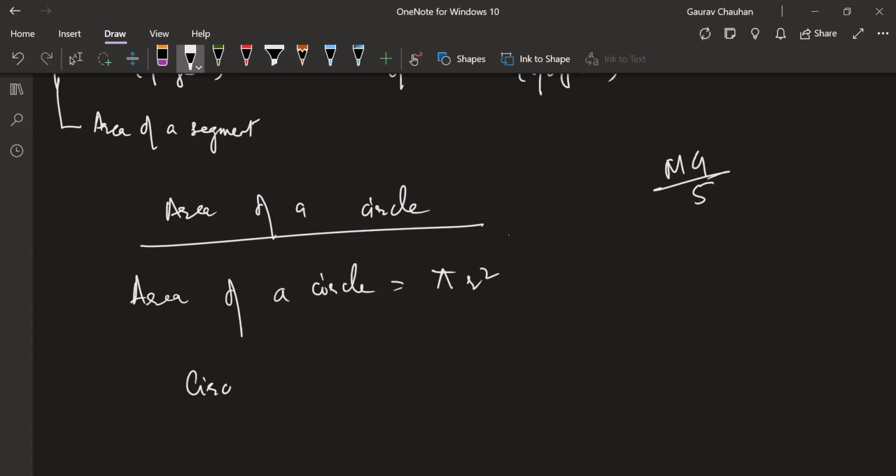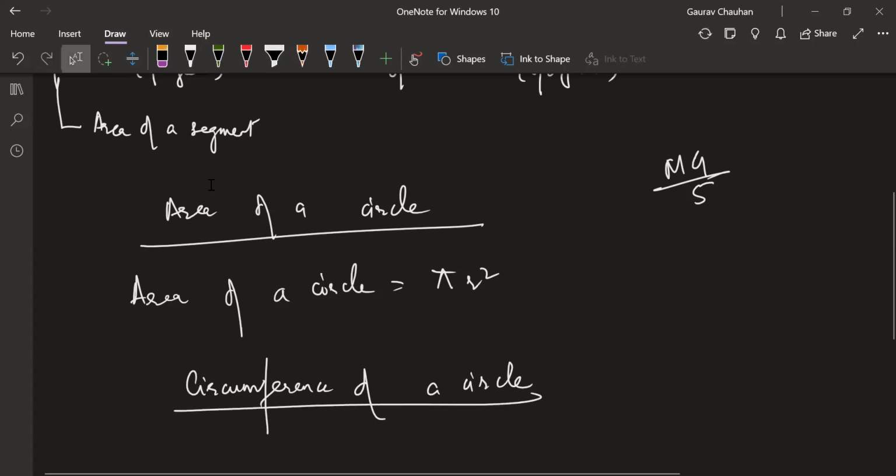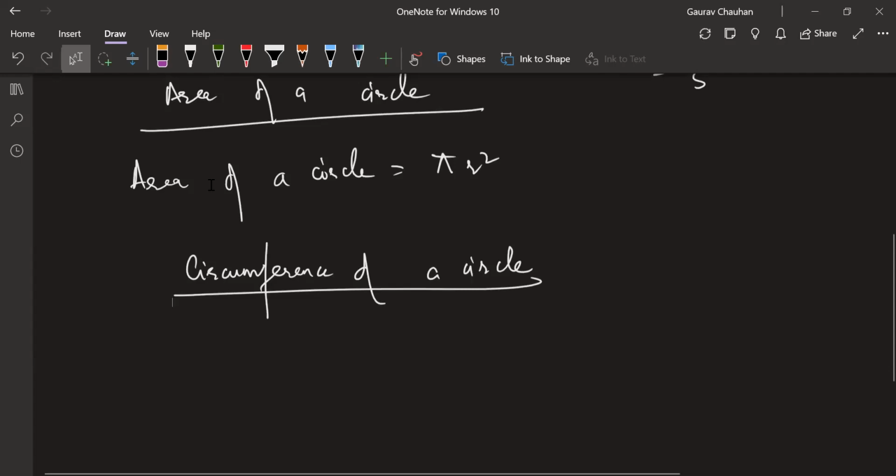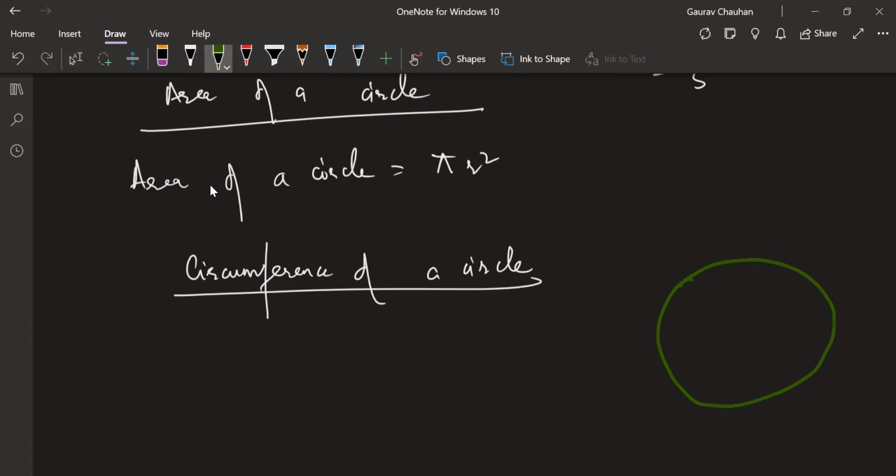Now, circumference of a circle. Circumference is another word for which thing? Yes, Riza? Perimeter. Yeah, circumference. Perimeter in case of a circle is called circumference. That's basically the length of the outer boundary. If you take a thread and put it across till it reaches the starting point, and then you lay the thread on a scale and measure that, what you get is called the circumference. We good with that understanding?